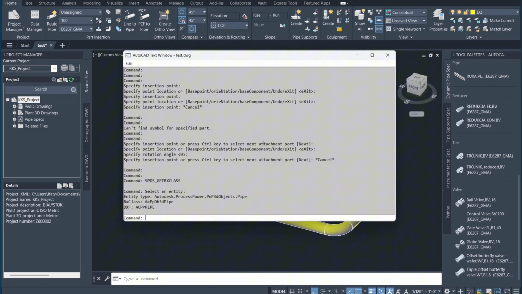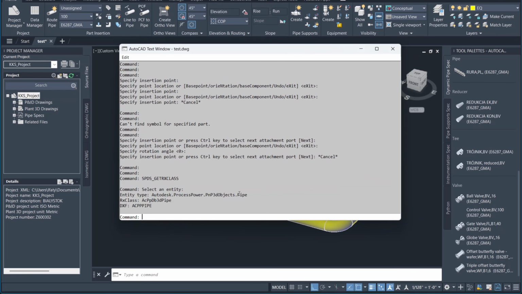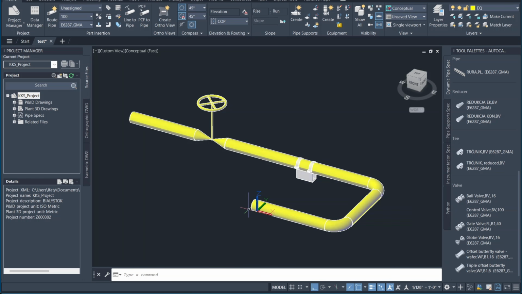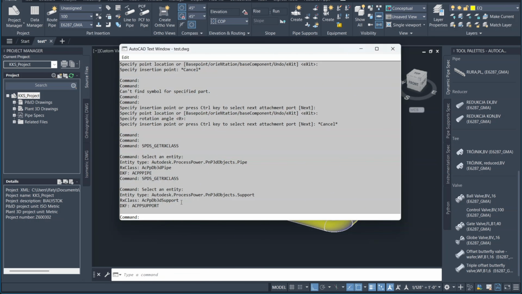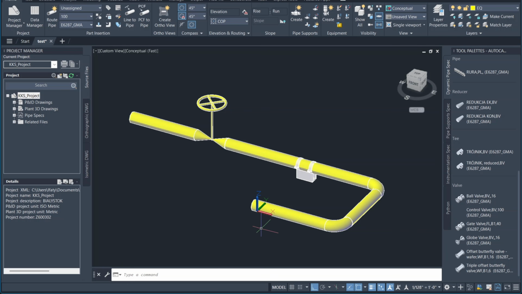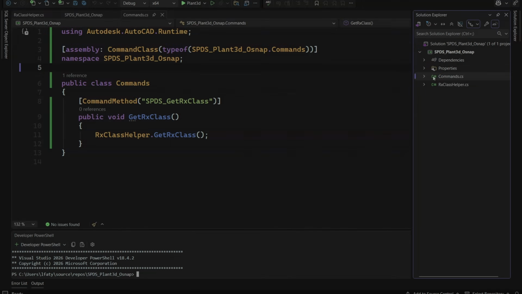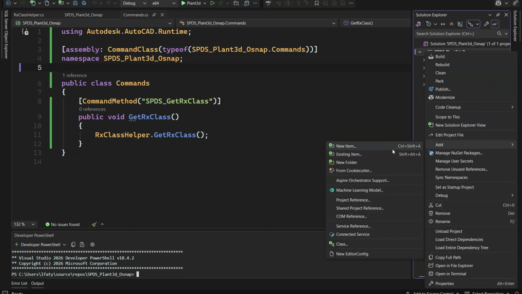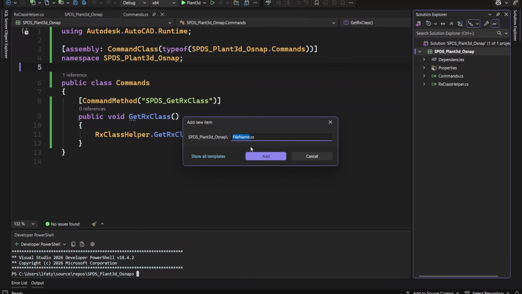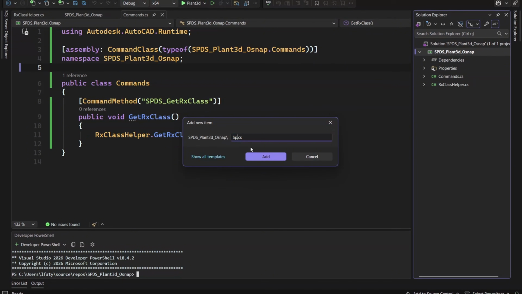So for the valve, you can see here, and for the support, the same. Okay. So once we know the Rx classes, we can continue with new item, and I will call it